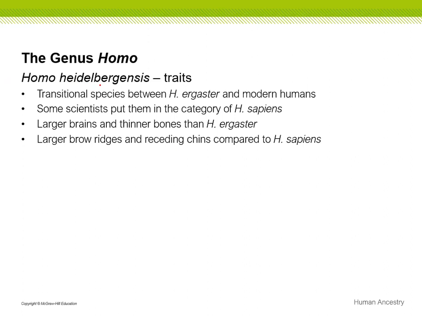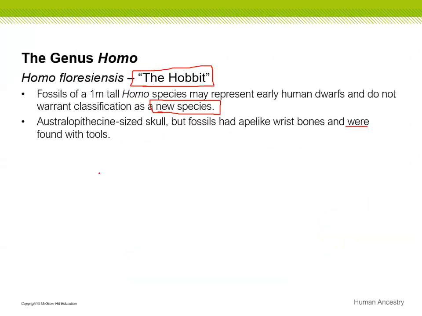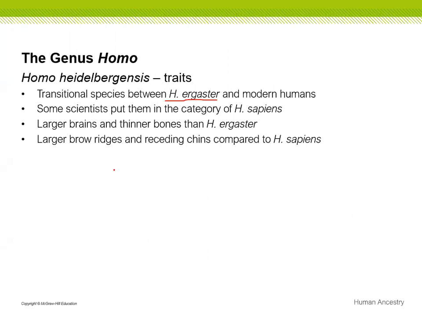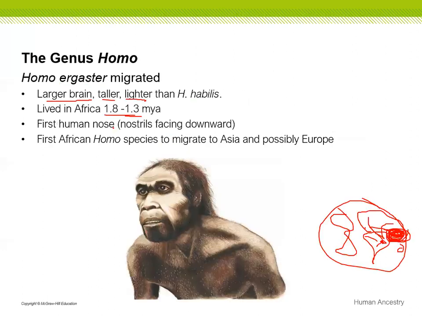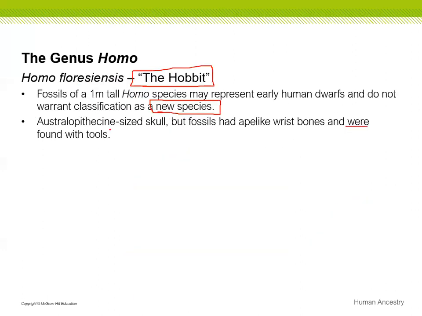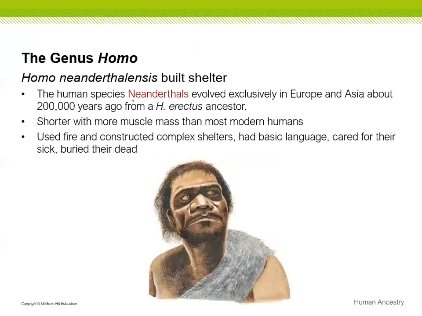So these things, what the heck are these? These are the species between the ergasters and us. They're kind of in the middle. Same thing, larger brains, thinner bones. You're noticing that trend, right? As we go from each species to species, bigger brain, then a bigger brain, then an even bigger one. And again, we now have an even bigger brain. And then we go to